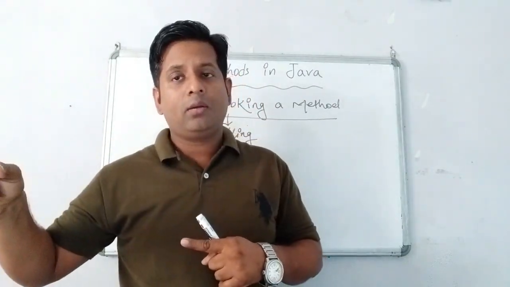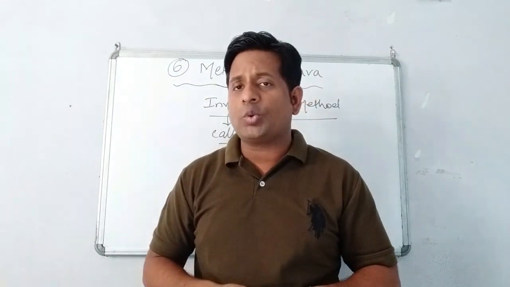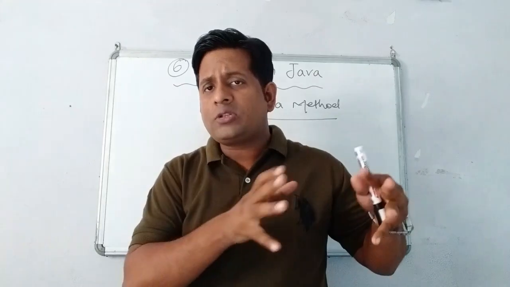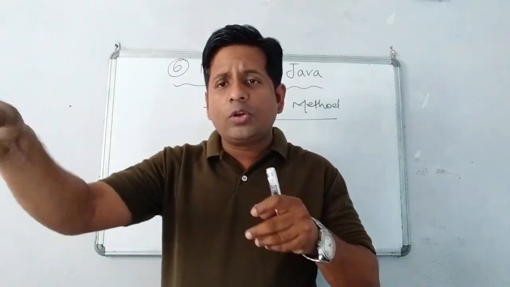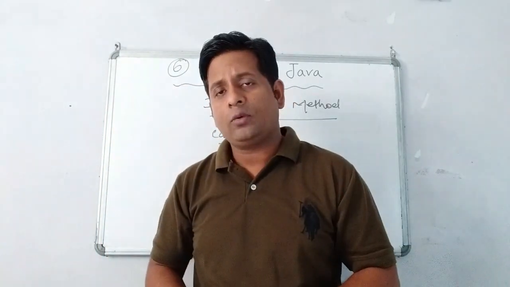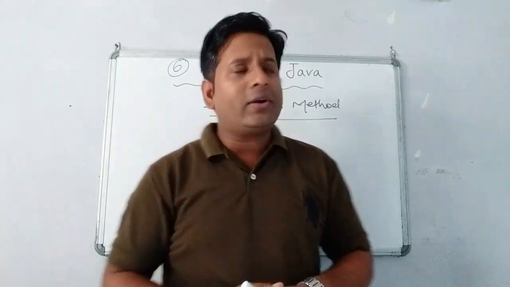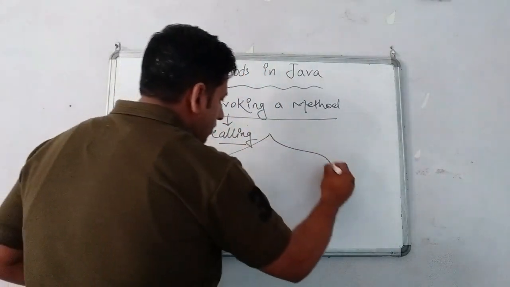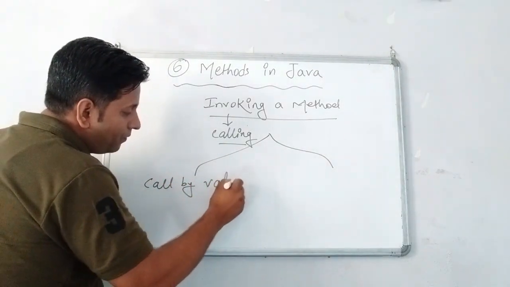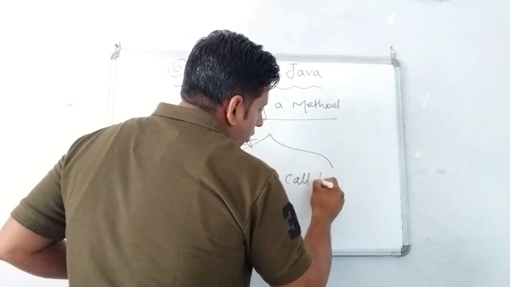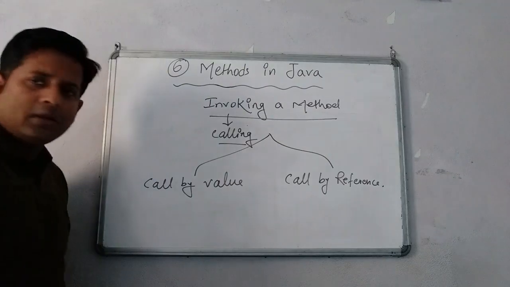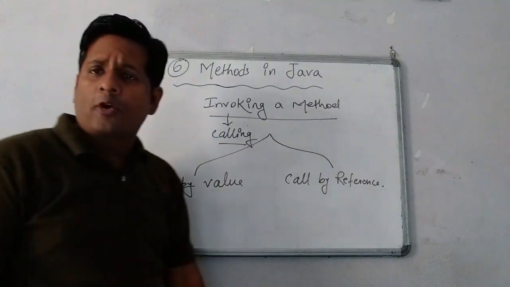That is a reference, children, through someone. The same technique we can use in programming also. When we are calling a method or a function, suppose in some place you need that particular function and you need to call it. When you are calling the function, children, you can use two different techniques. Those two different techniques are call by value and call by reference.